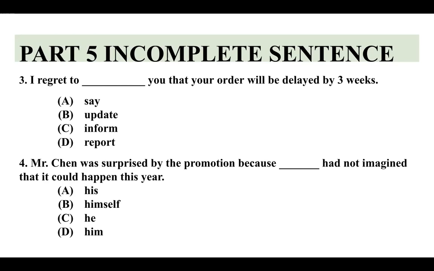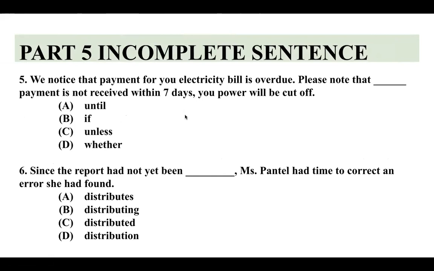ครบเลยนะครับ ไปที่ข้อ 5 ครับ alright so next question number 5 here we noticed that payment for your electricity bill is overdue แปลว่าล่วงเลยมาแล้วหรือเกินกำหนด please note คำนี้น่าสนใจนะครับ ถ้าเราใช้ please note ในเชิง communication เป็นการขอร้อง เป็นคำที่สุภาพถ้าใช้ในออฟฟิศ please note that blah blah blah payment is not received within 7 days your power will be cut off เราแจ้งมาว่า payment overdue ไปแล้ว เพราะฉะนั้นขอให้ทราบว่าถ้าไม่ได้ภายใน 7 วัน